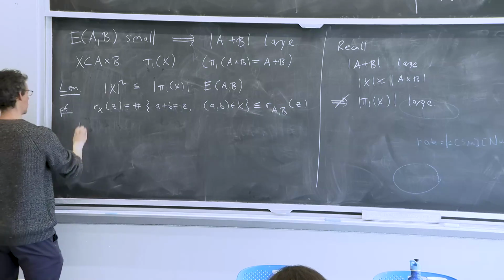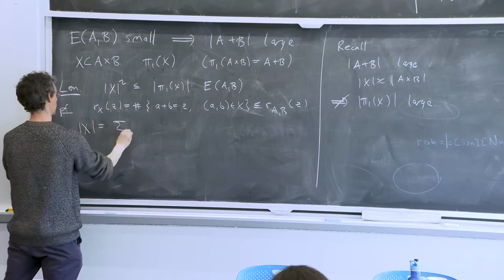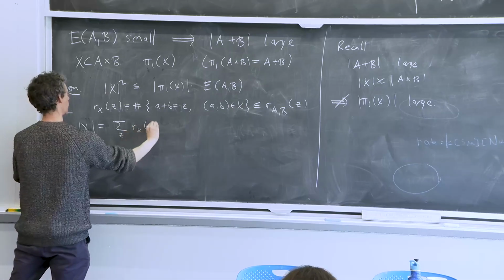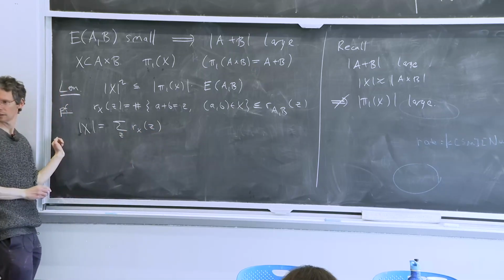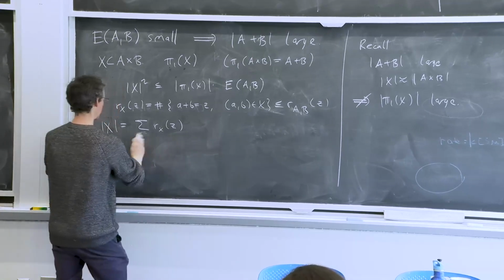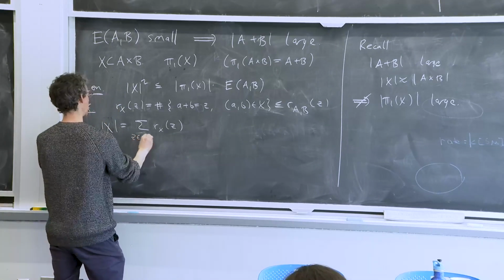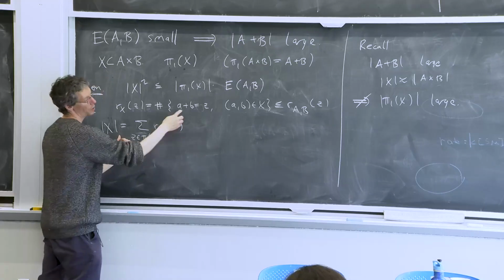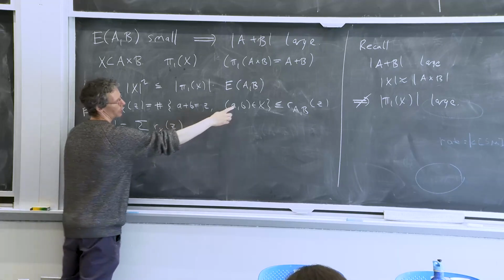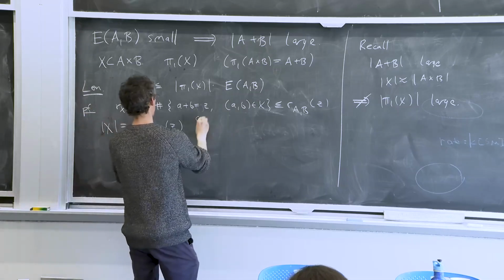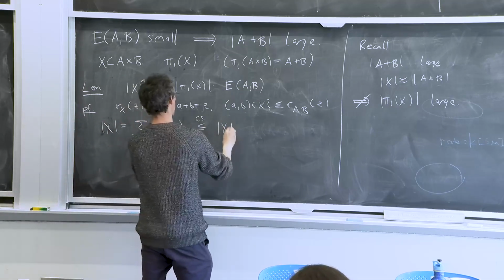Now the size of x is the sum over z of Rx of z. And in this sum, we only have to take z's in pi1 of x. We only have to consider those z's that can be written in the form a plus b, where (a, b) is in x. So now we can Cauchy-Schwarz this, and we get the size of pi1 of x to the 1/2